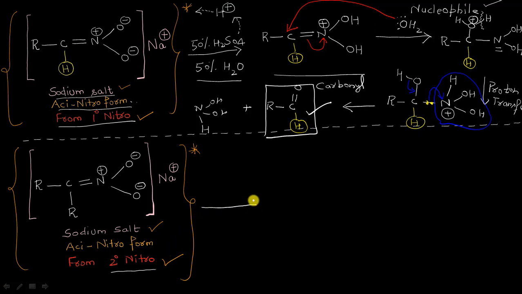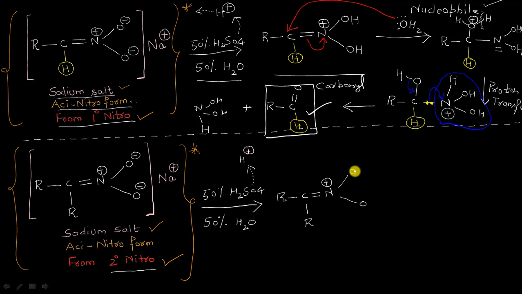So going in the same way, first of all, we will be adding 50% sulfuric acid here. And of course, if 50% is sulfuric acid, the rest 50% will be water. So first of all, this carbon atom here is having two R groups and a double bond here, nitrogen with a positive sign, oxygen negative, oxygen negative. Once again, this sulfuric acid will be giving H positive ions that will be taken up by these two oxygen negative ions, such that it will become OH here and OH here on this side.